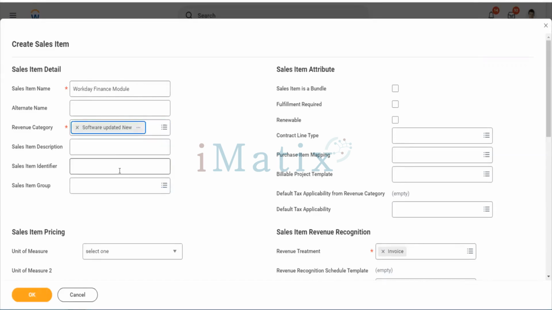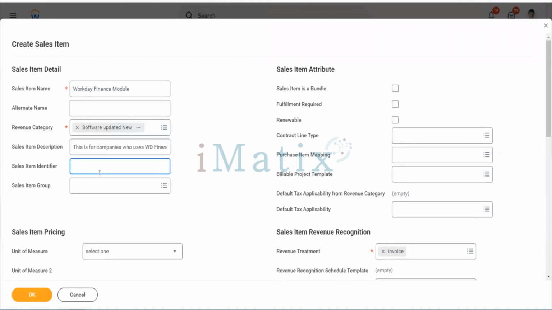We can use this one if you want to give in the description. This is for companies who use Workday Financial. Something like this. And in the real world, when you will be on projects, this information would be given by clients to you. You don't have to create your own sales item. Every single detail on the screen would be given by your clients to you, and then you have to key in that information to the EIBs or ILO.